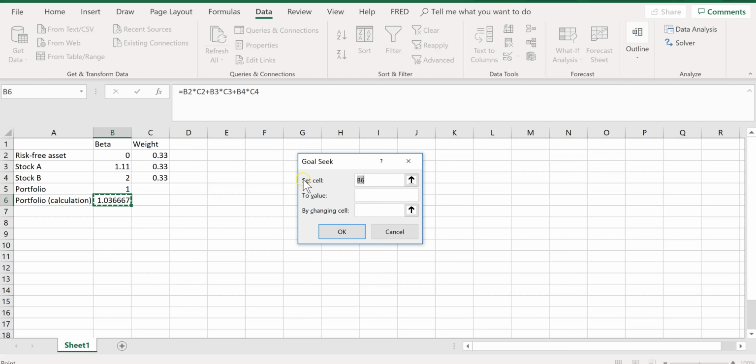Here you can see the first row is Set Cell. This is basically the variable we need to solve for. Here the variable is the beta for stock B. So we need to choose B4. By changing this value, we can make the